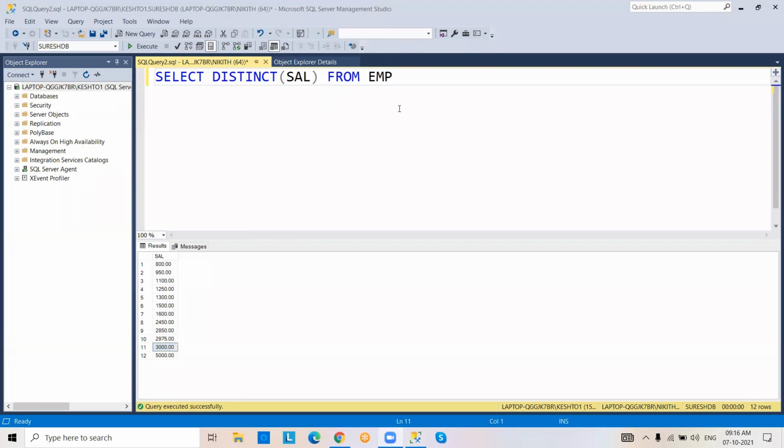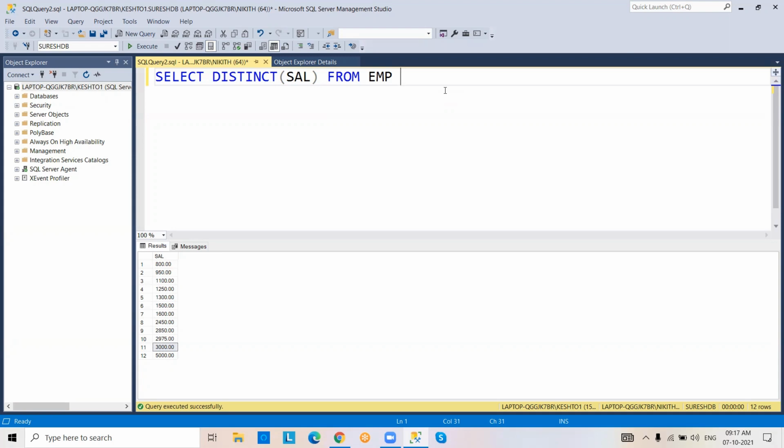Yes, brackets are necessary in this syntax. Here we may feel like something is deleted from the table. But nothing is deleted, because the distinct operator retrieved only unique data from the table. Only unique data.